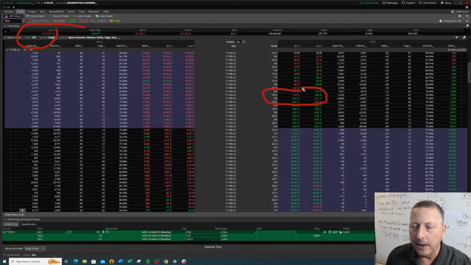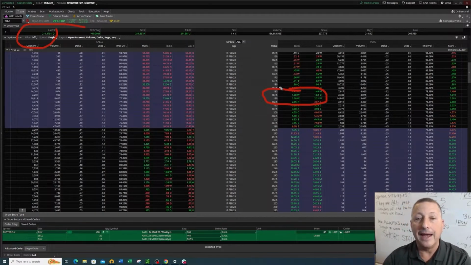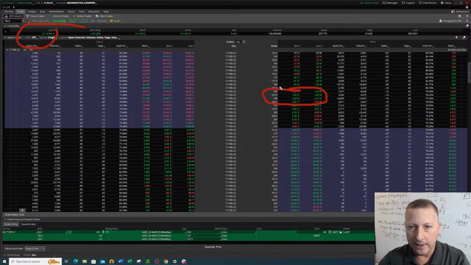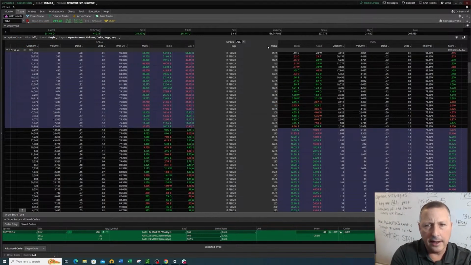But maybe not right away. Maybe it's going to work its way down to 190 over the next month or so. All right, so one strategy would be to potentially buy puts in Tesla. Well, if I think that this is going to happen over the next month, just kind of grinding its way